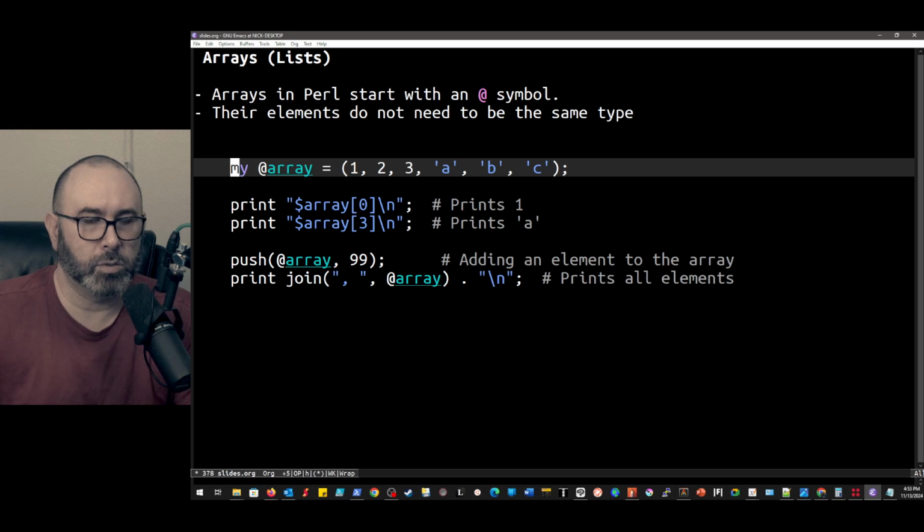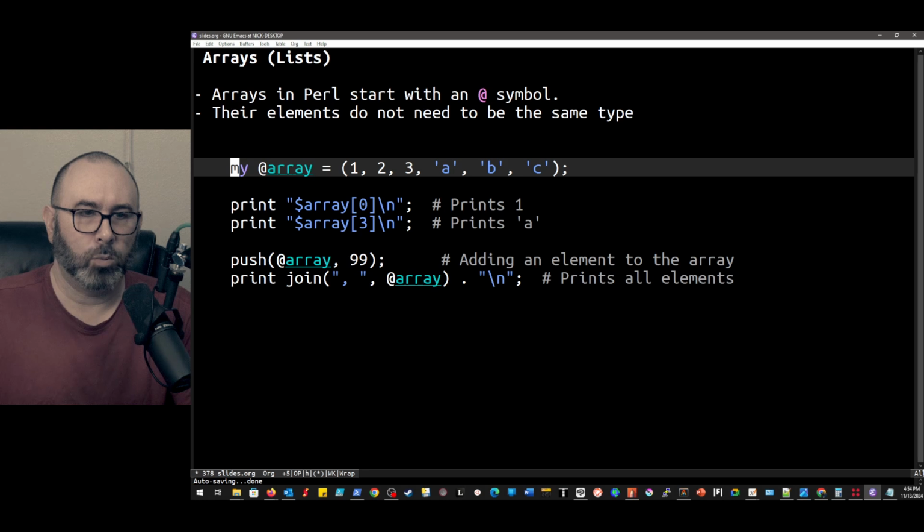We can have this be our integer numbers, and then we can refer to the elements in the array in a very similar fashion to what you would do in shell, which is to use bracket notation. So we can use bracket 0 being the first element in the array, bracket 3 being the fourth element, and then we can push things onto the array, and we can also do a pop, which I should have probably used here as well, which will get rid of it.